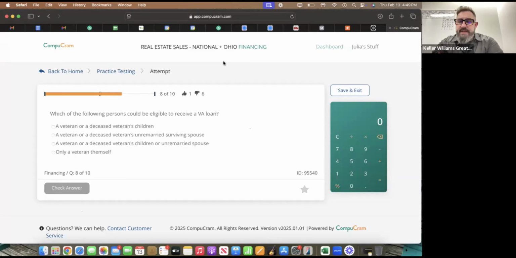If the point of sale has not either been satisfied and all the different items corrected, or the buyer has signed an addendum saying that they are going to assume responsibility for those items by a certain date. If one of those two things hasn't happened, they will not issue the certificate of occupancy or registration for occupancy.